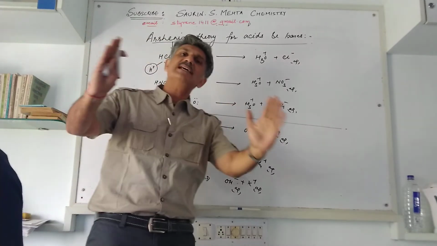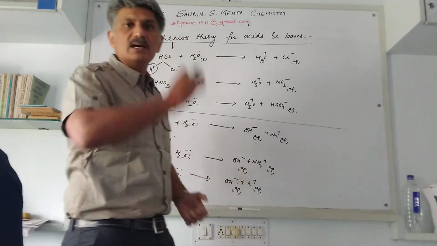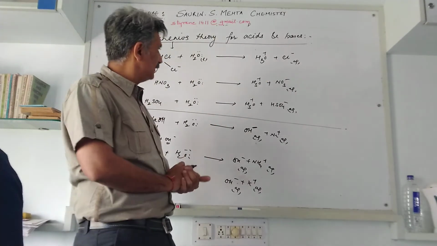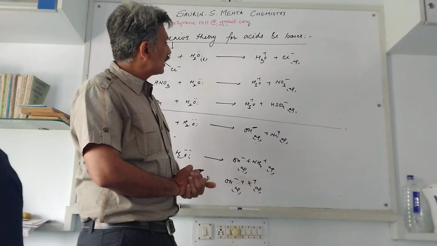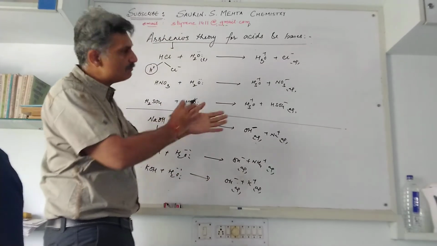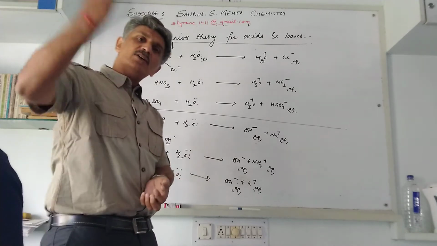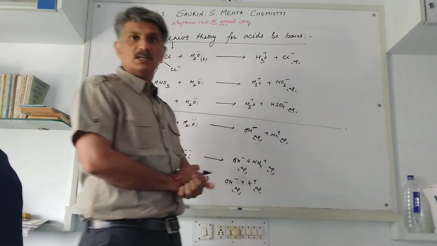So this was a simple concept. Earlier, in the late 1800s, around 1890, the concept was given by Arrhenius to simplify the classification of compounds into acids and bases. But later on, after around 20-30 years,